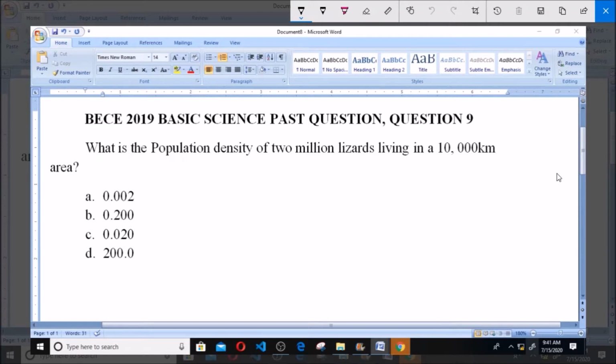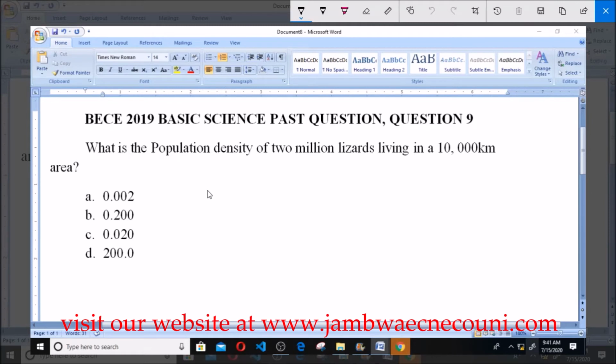BECE 2019 Basic Science Past Question, Question 9. What is the population density of 2 million lizards living in a 10,000 kilometer area? A, 0.002; B, 0.200; C, 0.020; and D, 200.0, which is 200. Now you know this involves calculation, so first of all we need to know the formula